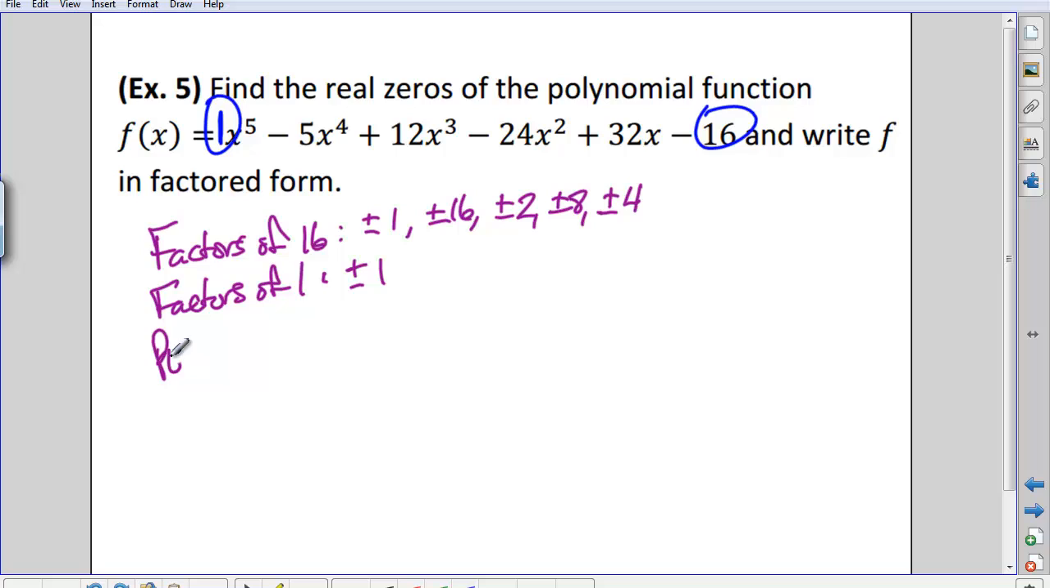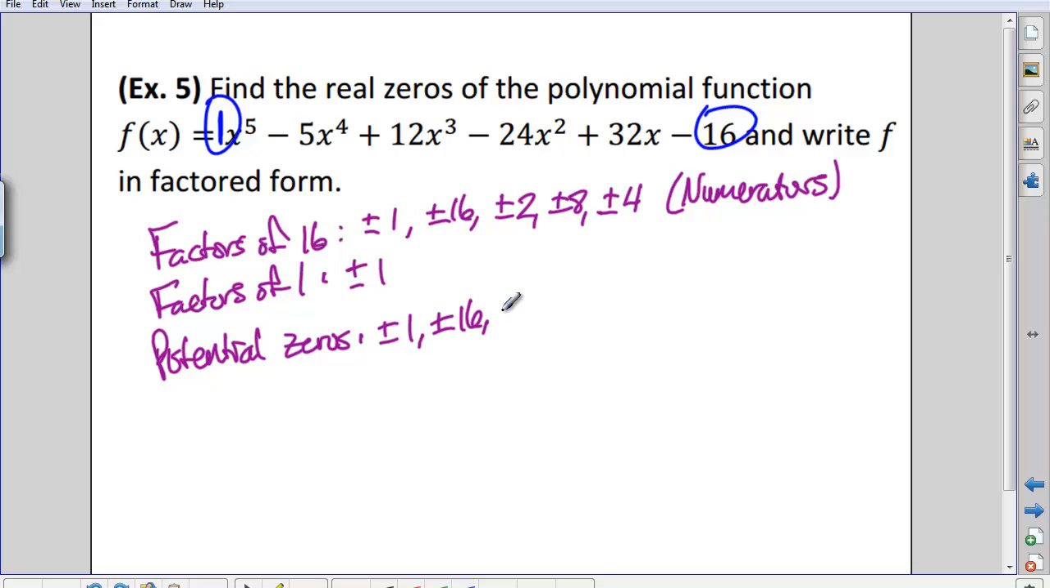So potential zeros, again, the factors of the constant term, these are my numerators. Okay, so 1, 16, 2, 8, and 4 all over 1 just gives us that same list back, right? We put those over 1. Okay, so these are potential zeros